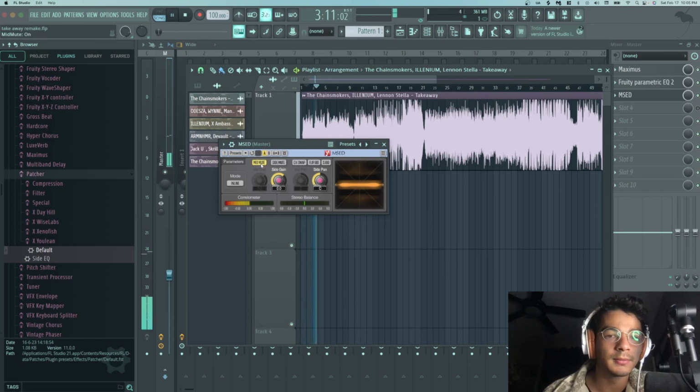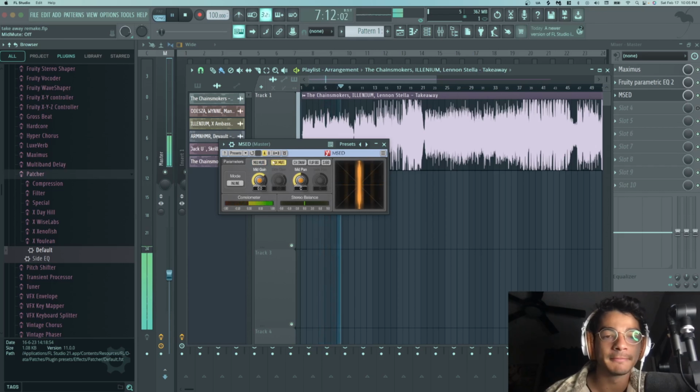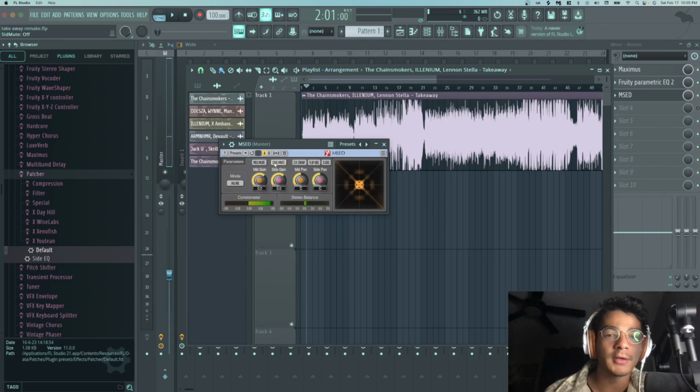Mute the mid. And this is just our side signal. Now the sides are muted. As you use this tool, you'll realize that there are parts of the song that have instruments that are only on the sides. I shouldn't say only, but more on the sides, and sounds that are strictly in the middle. So let's just listen to this track and see what might be more on the side for now.